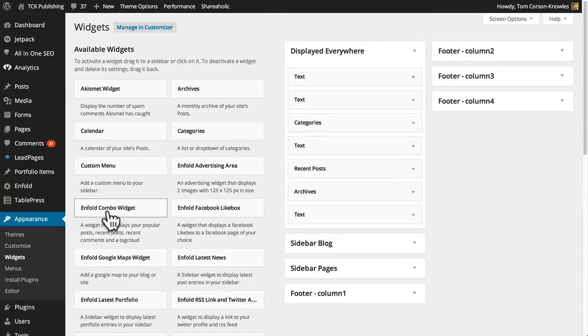My theme is called the Enfold theme, so you'll notice a lot of my widgets are called Enfold, but you might not see that here because it's probably not the theme you're using. Don't worry about it. Whatever widgets you have here, you can use those and customize them. Then on the right side is all this stuff, from displayed everywhere, sidebar blog,